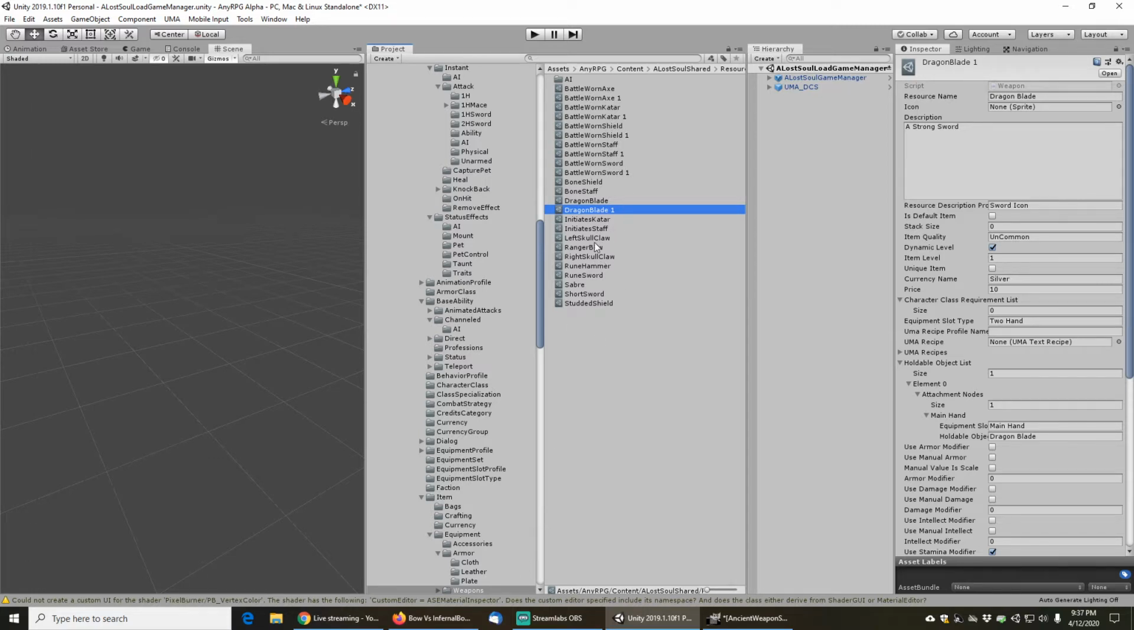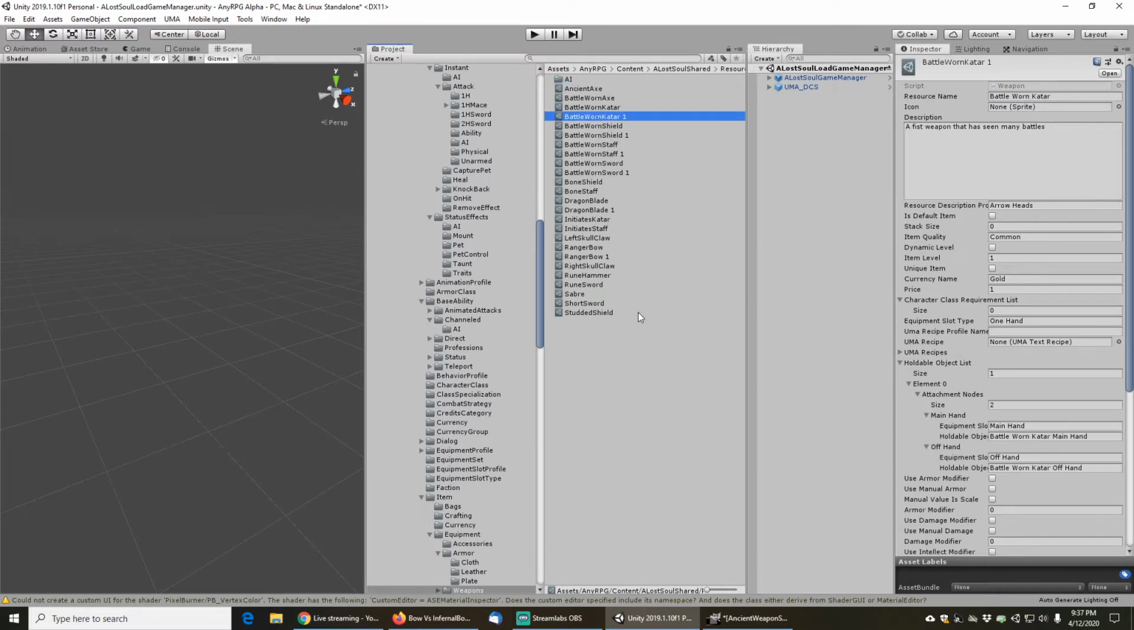And we also need a bow. So I'm going to just duplicate the ranger bow as well. Alright, and these will be the actual weapons that we have in our inventory, and then we will link them to some prefab profiles. So we will call the battle-worn axe the ancient axe, and the battle-worn Katar will be the ancient brass knuckles, and the battle-worn shield will be the ancient